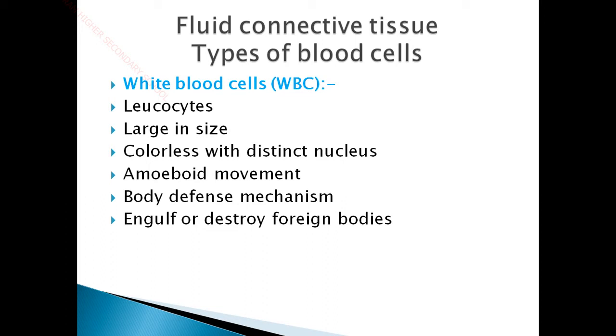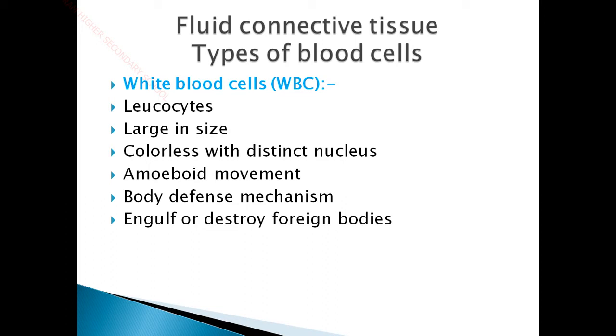It changes its shape often. So amoeba moves with the help of its pseudopodia. Pseudopodia are false feet present in amoeba, which are mainly meant for its locomotion. This type of white blood cell also has an amoeboid movement. And why is it moving like an amoeba? Why does it have to change its shape? It has to trap all the foreign antigens, that is, foreign microorganisms which enter inside our body unwantedly.